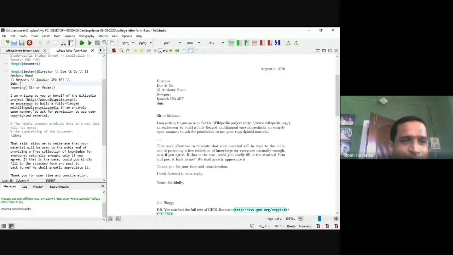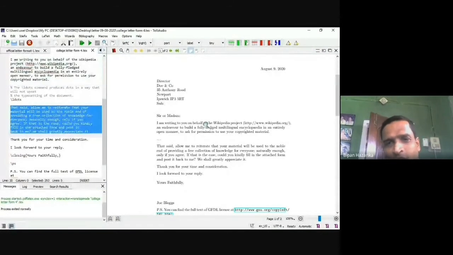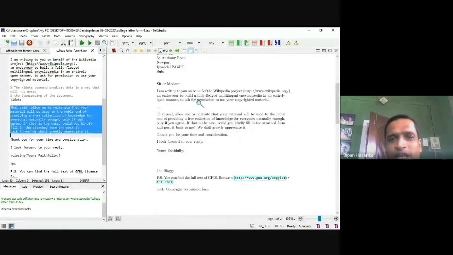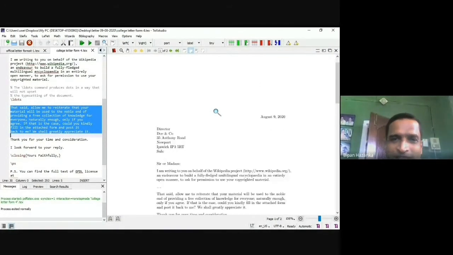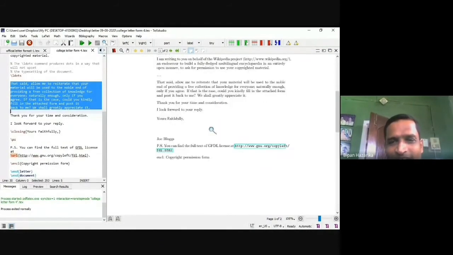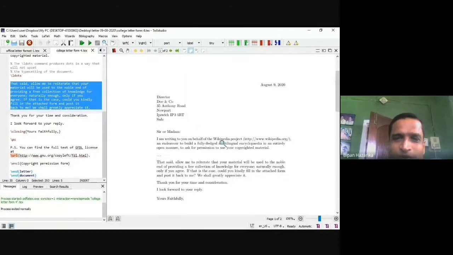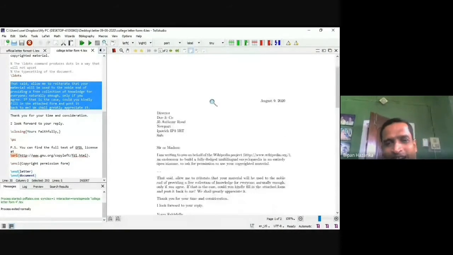So directly I put the text here. These texts I have written here are shown in this PDF format. This is one format of a letter. We can write these things in Word also, but the advantage here is that these things you can put automatically, all the hyperlinks you can put here. It is a standard format, no need to arrange things.